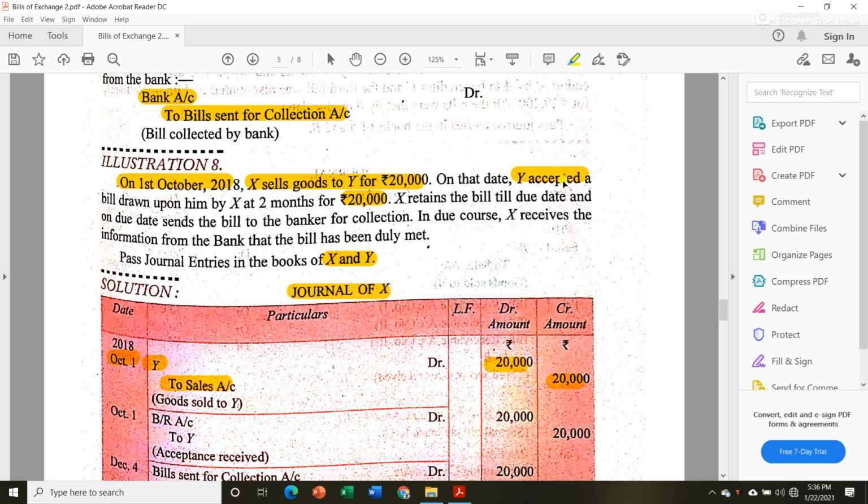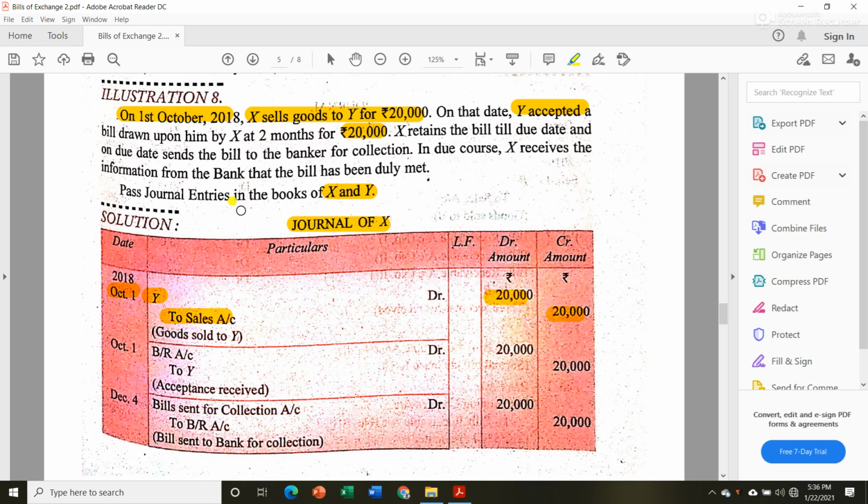That means he accepted the bill and then he sent it back to Mr. X. So when the acceptance is sent back to the seller, again a transaction will be there. So on October 1st, bill receivable account debit to Y, because X is the receiver of the bill receivable. Okay, so bill receivable account will be debited and Y is the giver, so Y's account will be credited for